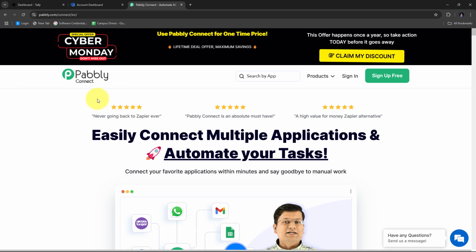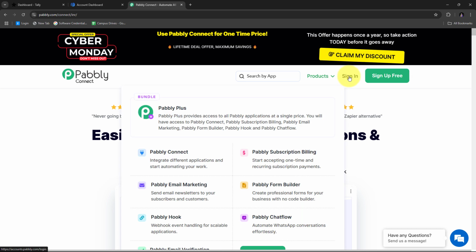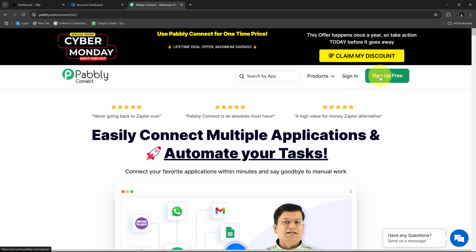And it will take us to this landing page of Pabbly Connect. Here in the landing page, I have these two options of sign in and sign up for free. If you don't have any account with Pabbly Connect, then you can just click on this sign up for free button, and it will take only 2 minutes of your time and you will get 100 free tasks every month. Or if you already have an account or you are an existing user, then you can just click on sign in